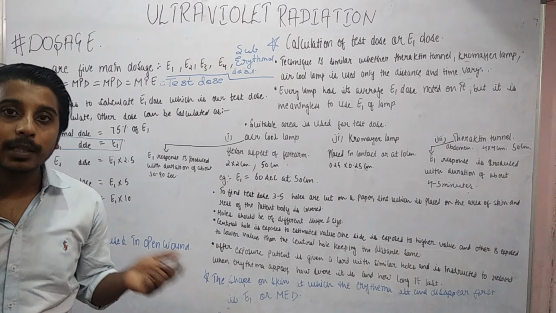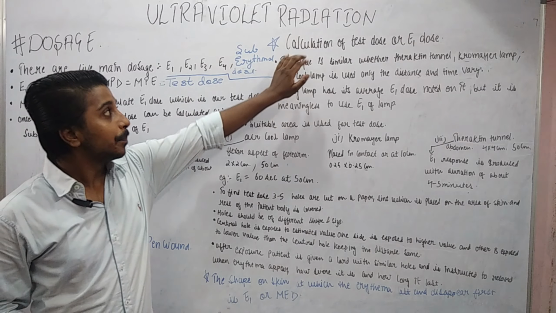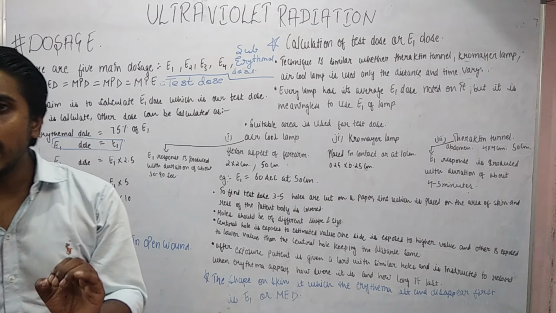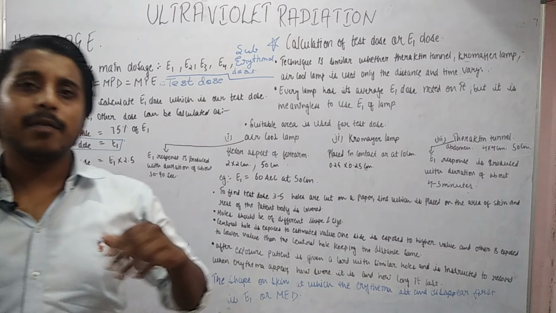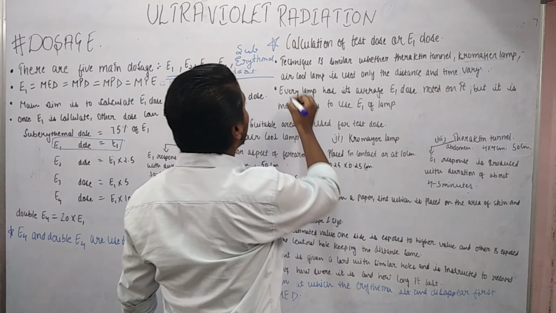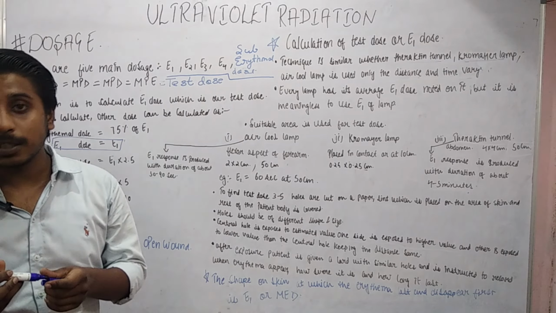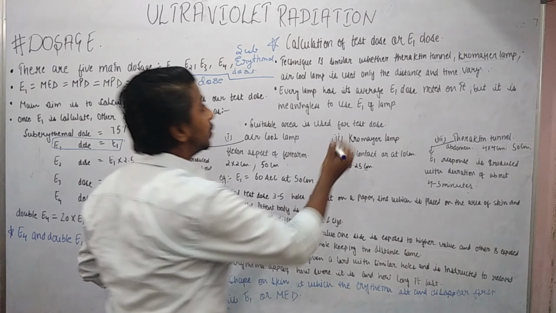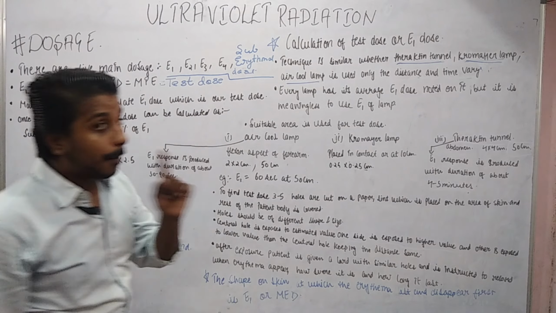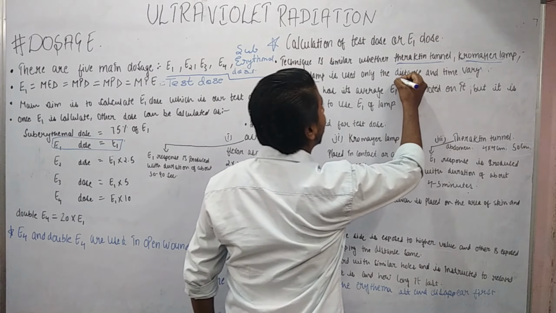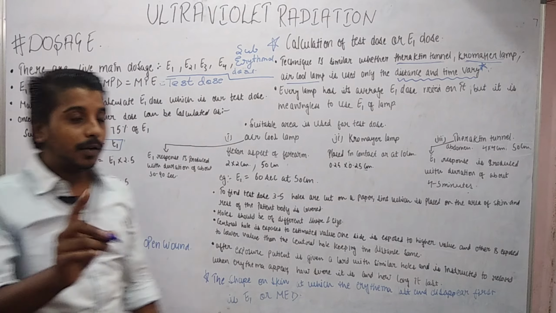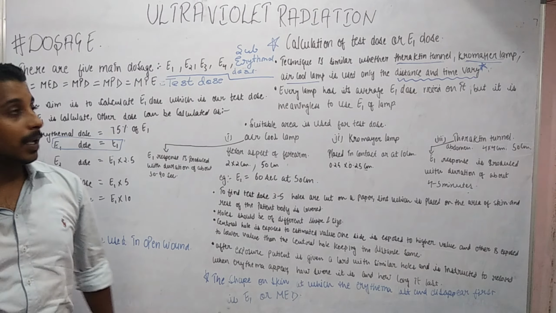But how can we calculate the E1 dose? Now we will study about it. Calculation of test dose or E1. The technique to calculate the E1 dose is similar whether you are using a Therkiten tunnel, a Cromere lamp, or an air cool lamp. Let me change the marker. Whichever you use, the distance and time can vary. Focus on this point. I will explain it in a few minutes. Distance and time can vary.